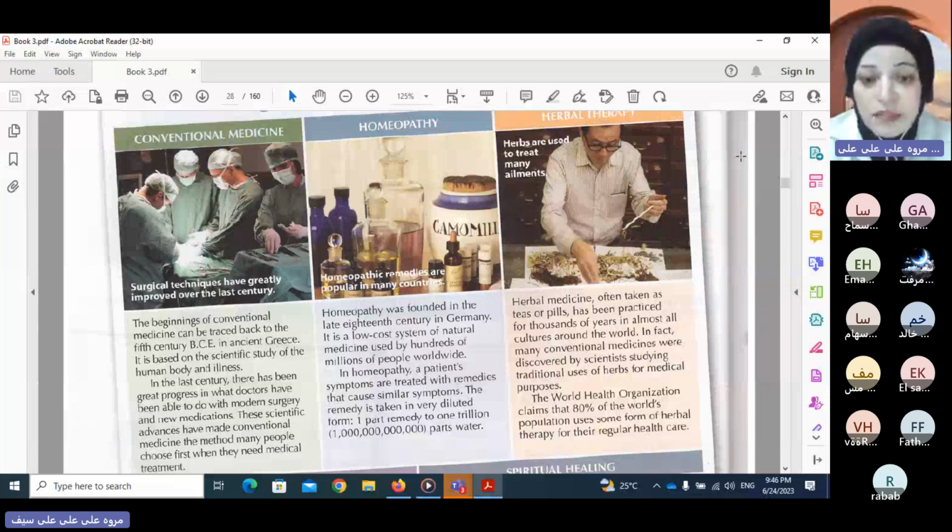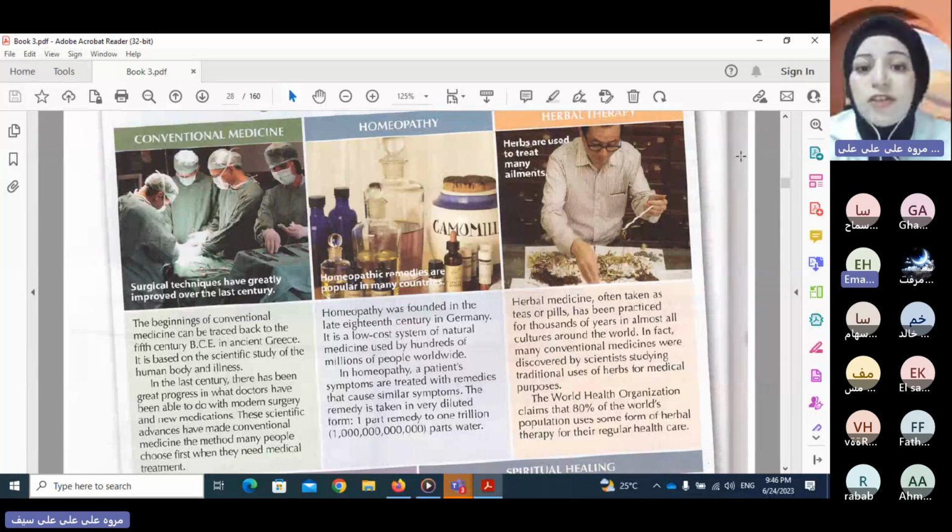Even the translation is alternative medicine. Very good. Okay, just the pronunciation. It's homeopathy, and we are not familiar with the pronunciation of this word. You will listen to native speakers pronouncing it, like homeopathy in the American accent. So excellent, Miss. Thanks a million for that.